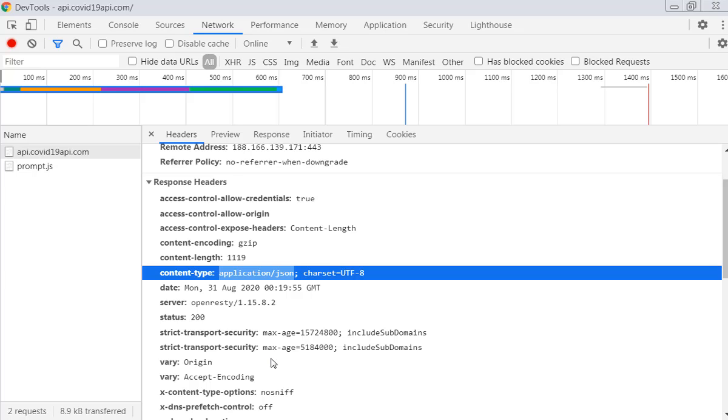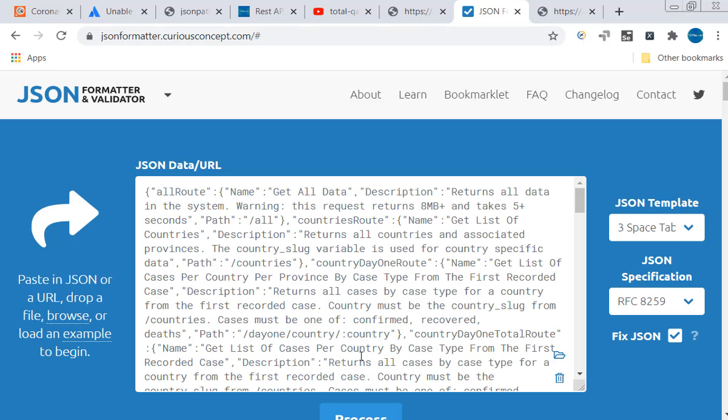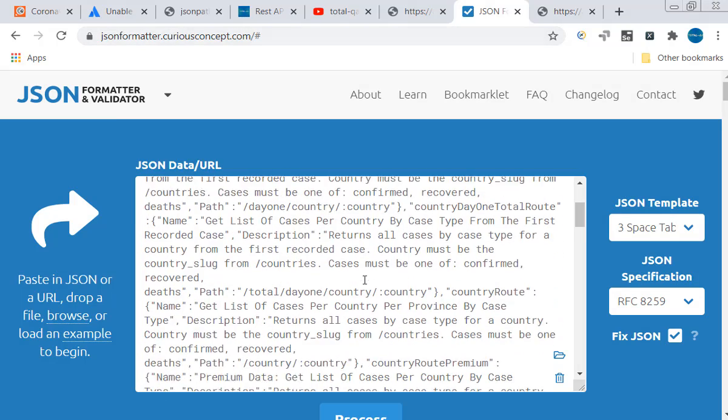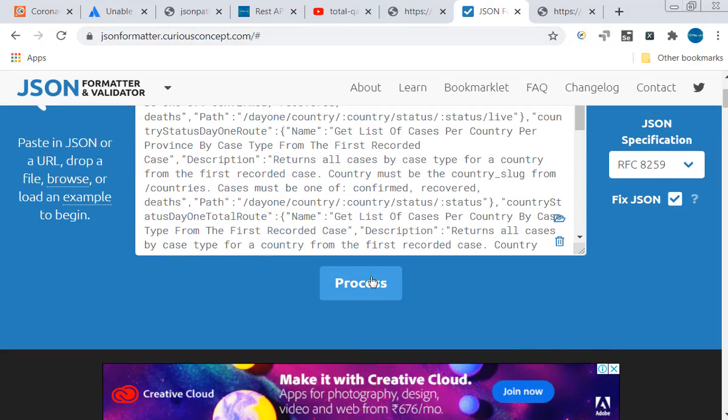It's a JSON response. It's JavaScript Object Notation, similar to XML, but it is lightweight and it is used to exchange messages between client and server. Now let's understand the JSON. I copy-pasted the response in the JSON formatter and I click on process.